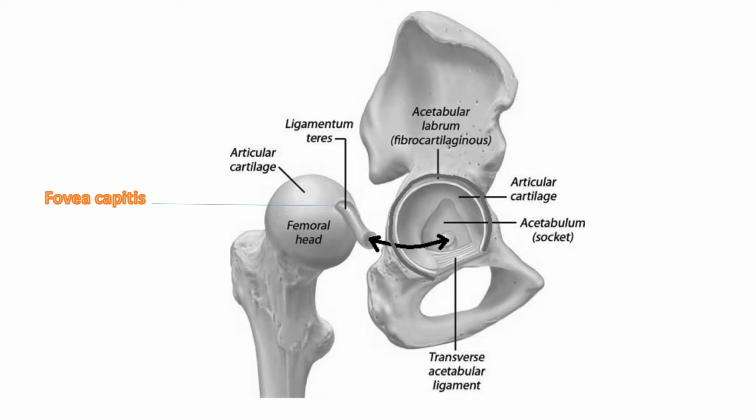Acetabular labrum. The entire rim of the acetabulum is rimmed by a ring of wedge-shaped fibrocartilage called the labrum. It increases the concavity through its triangular shape and grabs the head of the femur to maintain it contained within the acetabulum. Distal articular surface. Head of the femur is slightly larger than the socket, fairly rounded, covered with hyaline cartilage. Fovea capitis, or fovea, is not covered with articular cartilage and is the point at which the ligament of the head of the femur is attached.